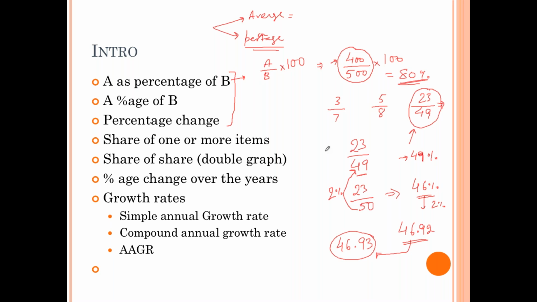What is this funda? A as a percentage of B. If there is a value at the denominator, you have to divide it to get the value. But if you are not able to divide, try to reach the nearest possible value. Let us say 37 upon 69. Can you find it out? Then I will tell you how to get the approximate answer.